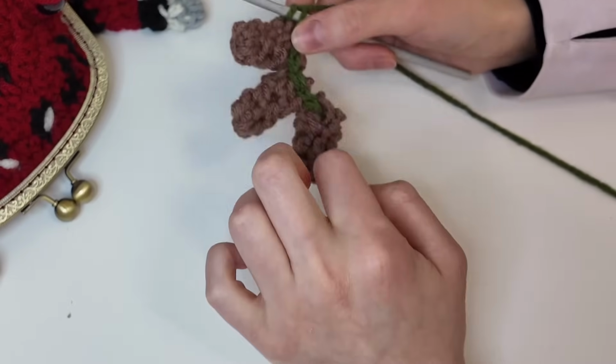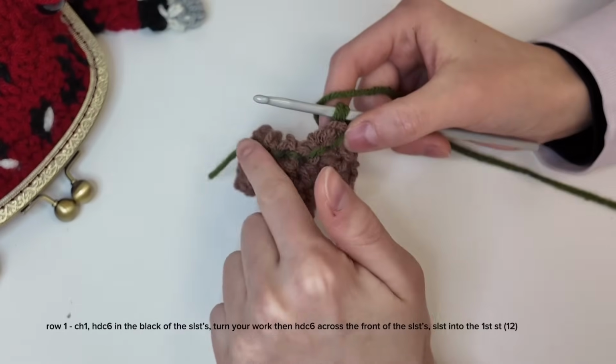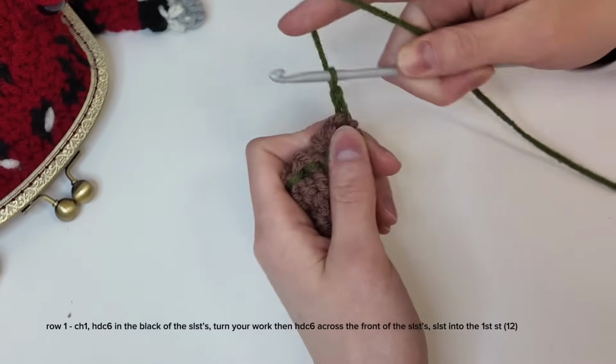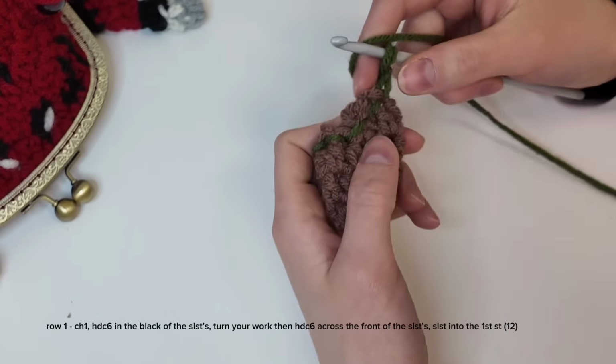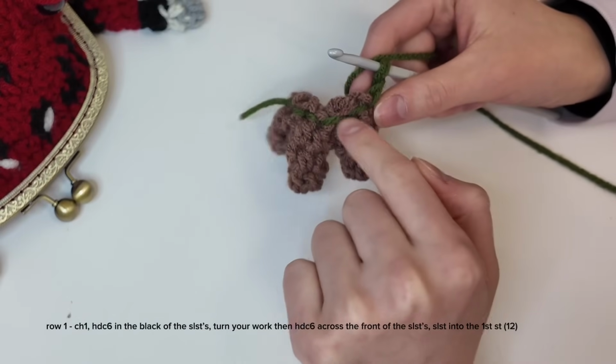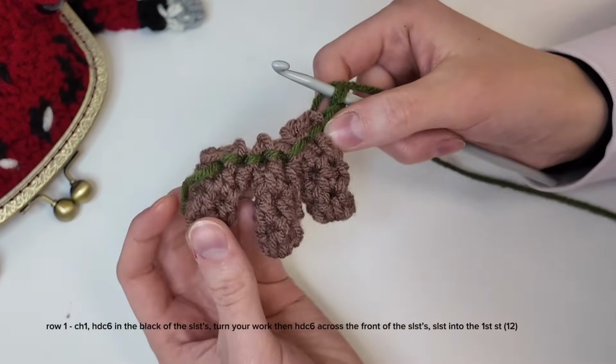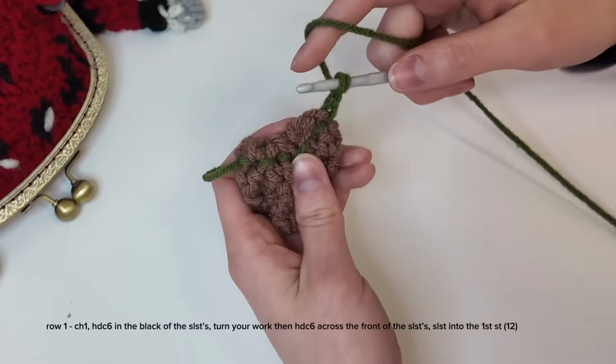So you just did a bunch of slip stitches across the toes. Now I like to flip it around and work from this side first. I'm going to chain 1, and then we're going to start doing half double crochets. I'm going to start the first one out of the stitches that are on the back, or the slip stitches out on the back. Luckily you can see it pretty good because I'm using a different yarn color,